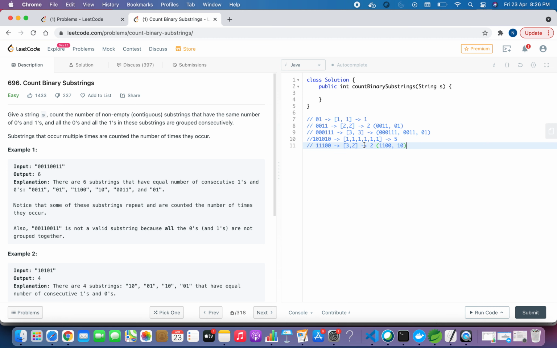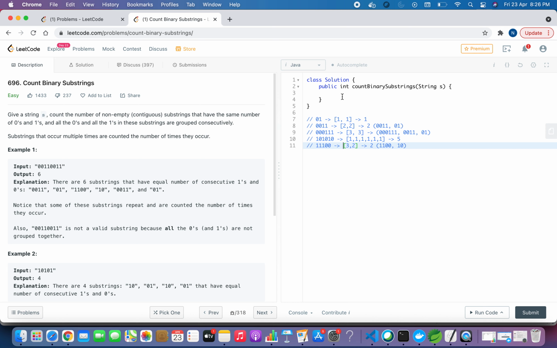So what we need to do here is count the number of consecutive ones and the number of consecutive zeros, take the minimum of those, and add it to get our answer. One method is to count all the consecutive zeros and ones into an array and take the minimum.